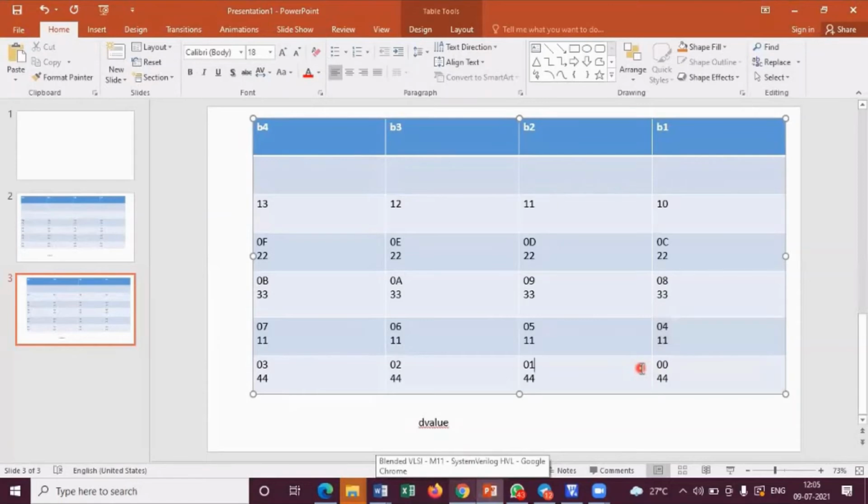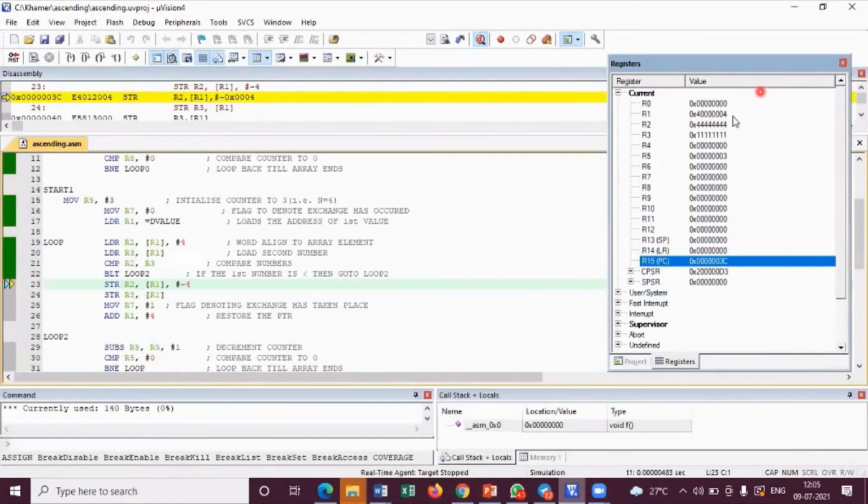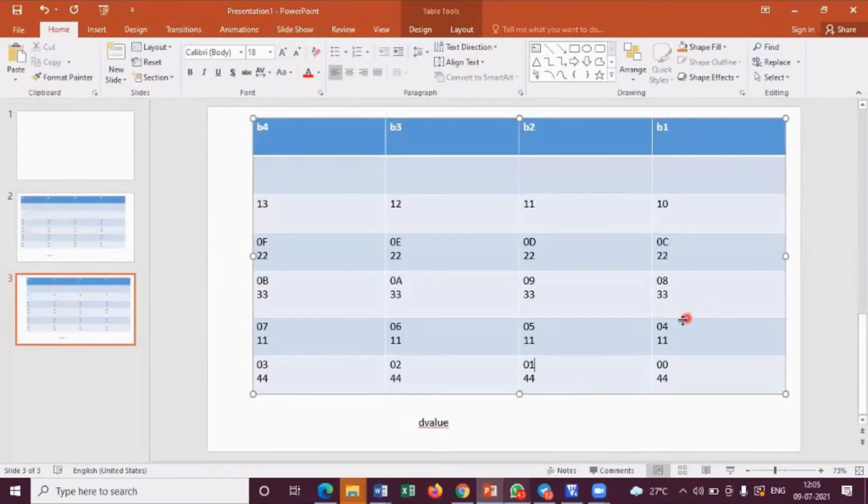See over here. So where is my R1 pointer? It is pointing to 4004 now. So my R1 is pointing to 4004. So whatever is the data,